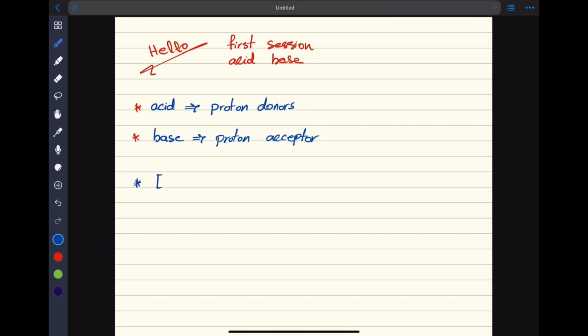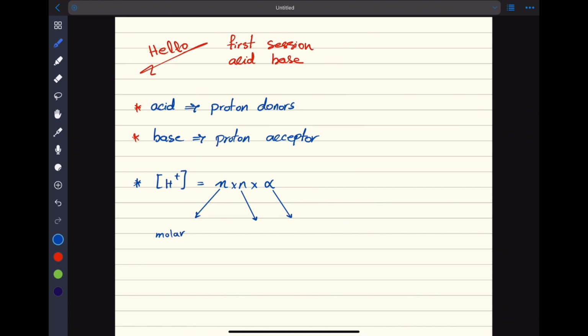To get a proton or hydroxide ion concentration, we have a formula. M, N, and alpha. M means molar, I mean mole per liter, and N means the number of protons or hydroxide ions that the acid or base can release. And alpha